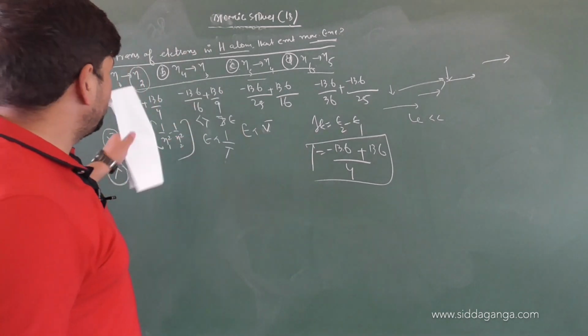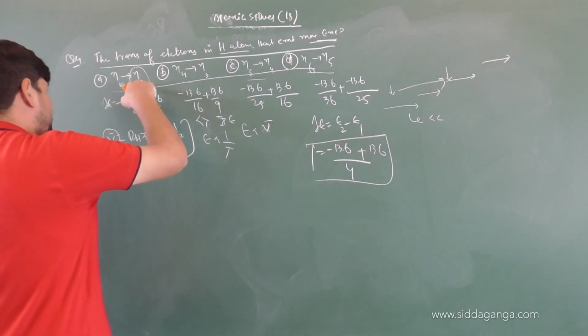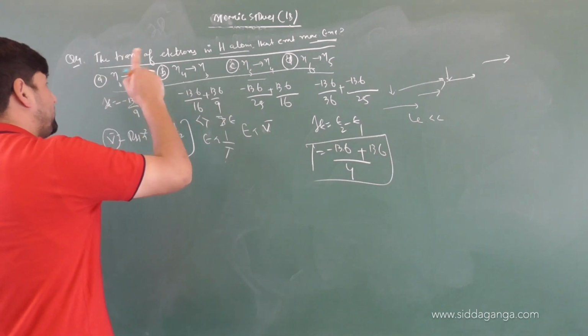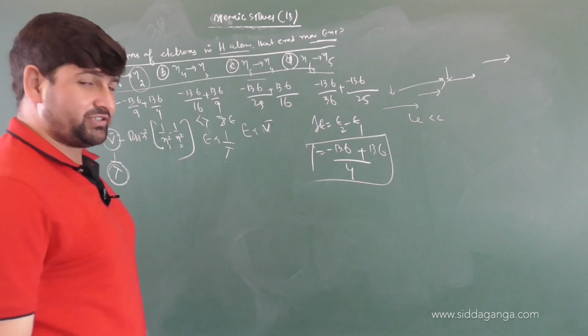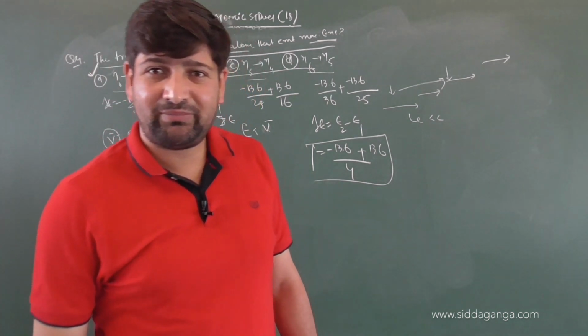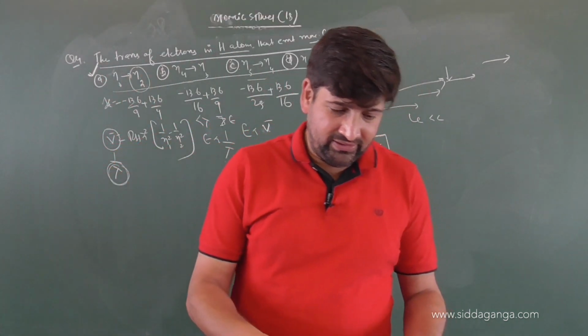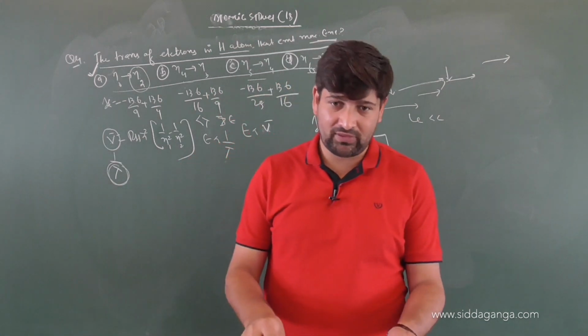So if you solve it out, you will easily find that the transition much closer to the nucleus will be highly energetic. So the correct option will be option A. You can even solve it out and see it, children. Am I clear? Excellent. Let's go to the next question.